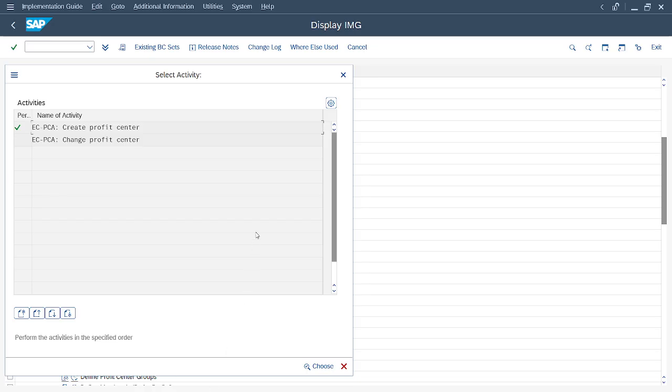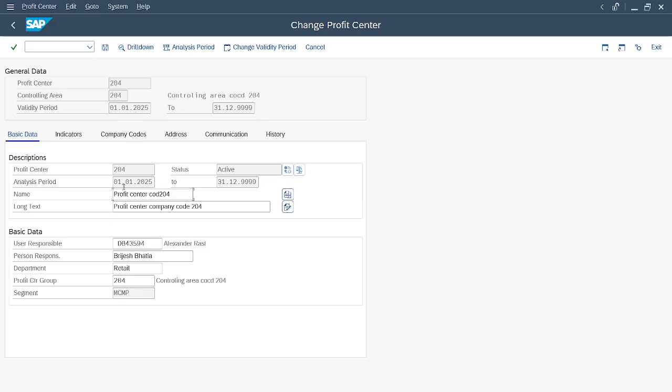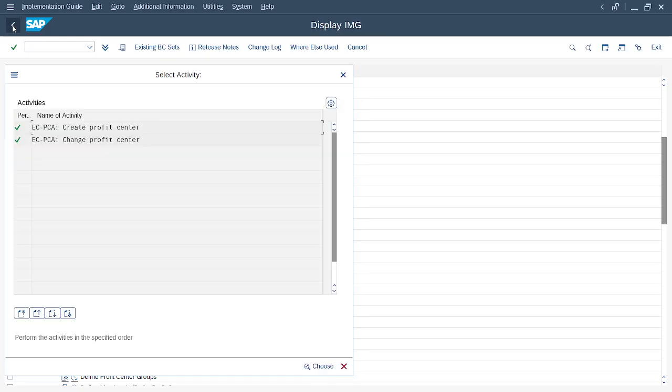Now profit center has been created. And for changing anything, go on change profit center, master data. You can't change the identification, but we can change all the rest of the information. The profit center identification is the master data, the same we have earlier as well. It's also active as well. It means our profit center is created, and the same way we'll define the cost center as well. Same process will be repeated.